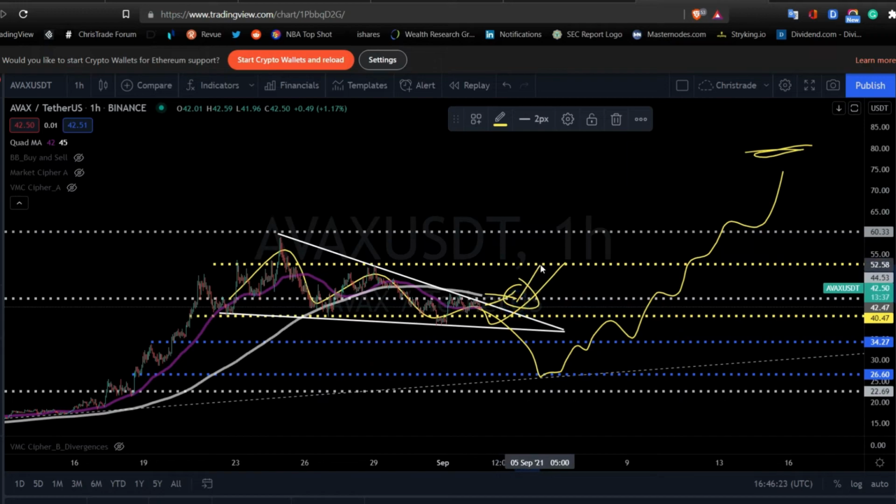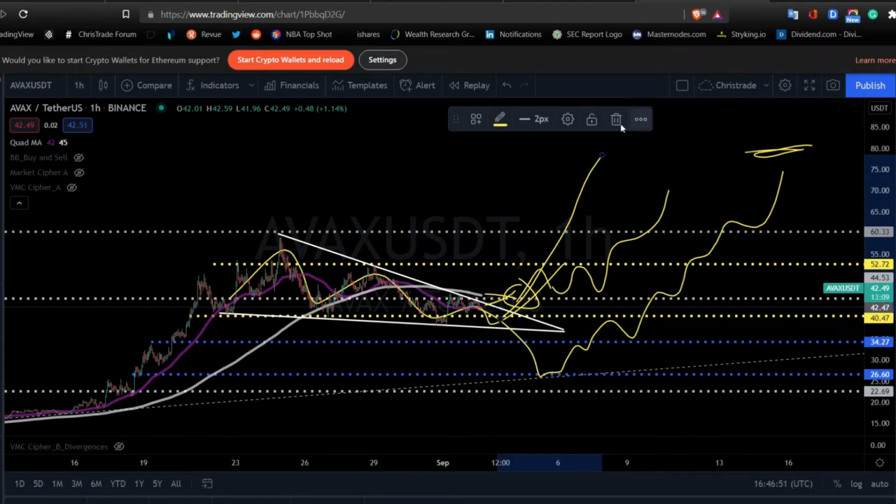But I am expecting, perhaps very shortly, if it does break out, you will see some of this type of action and then legging its way back up there. Remember, it doesn't necessarily have to play a straight line to that 80 mark, but it will look at bouncing and do a ladder up effect. I mean, nothing really does go in a straight line. So you could expect this going up over there as well.